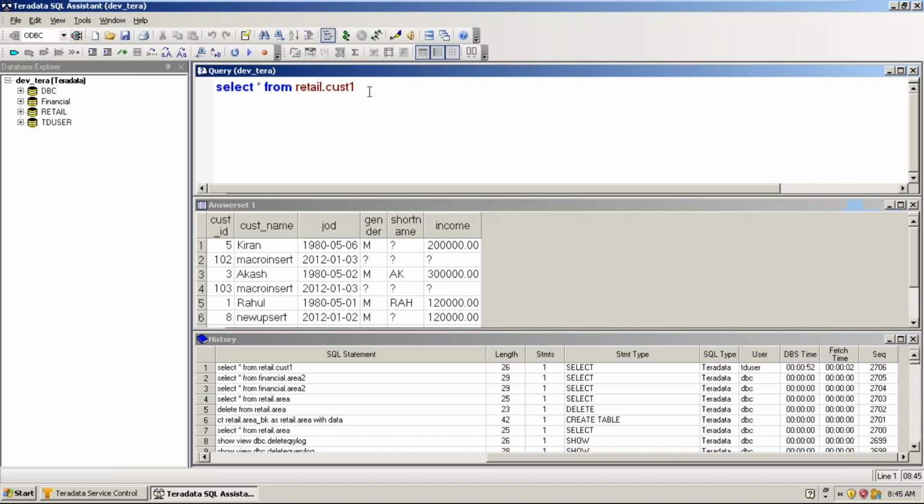So this is an SQL window, this is an answer set window, this is a history window, and this is the database explorer, where it will show you the tree hierarchy of the tables and objects. If I click on this plus button, it would expand the tree, so whatever tables, whatever views it has, it would show in this window.